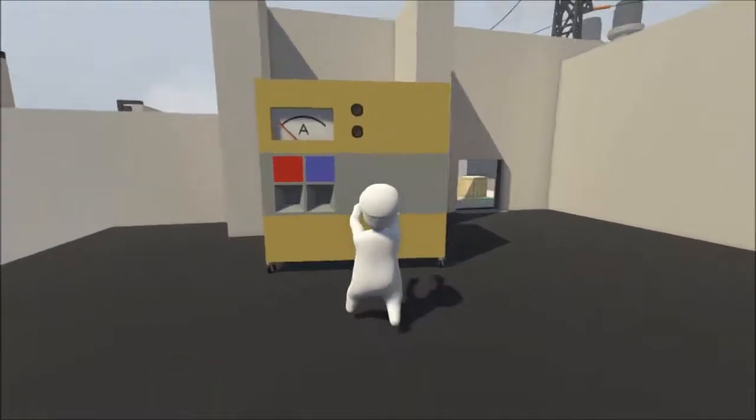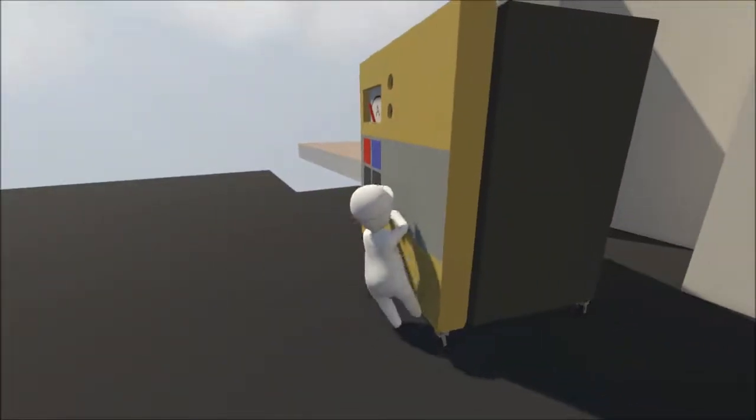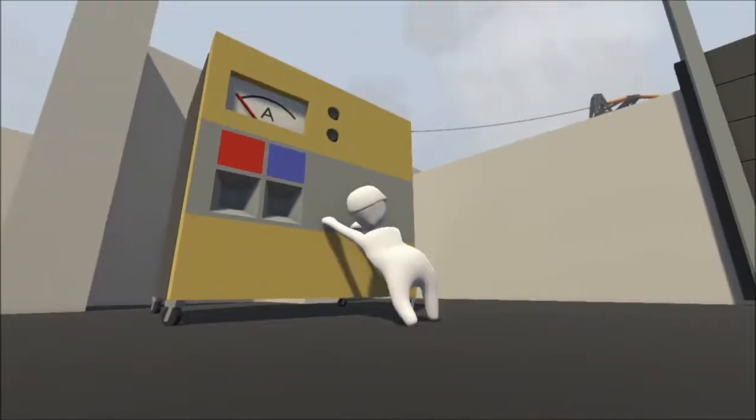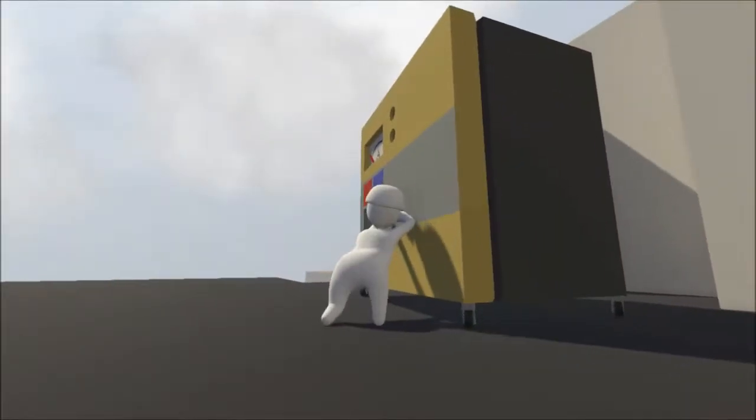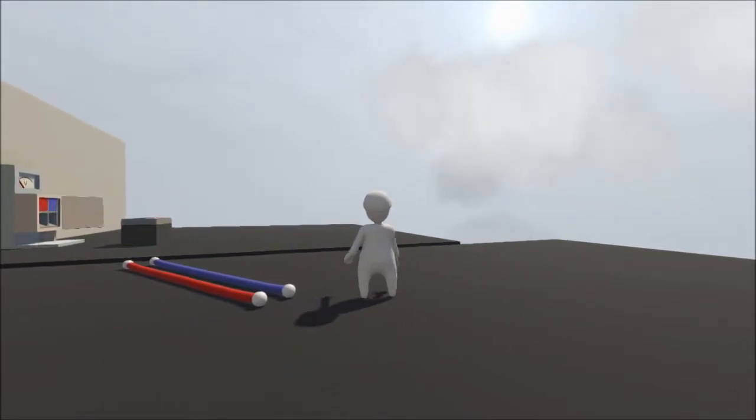Also, why is this thing on wheels? Like, this does not have to be on wheels for this game to function. But it is! And the wheels work! Why is it on wheels? Let me actually,